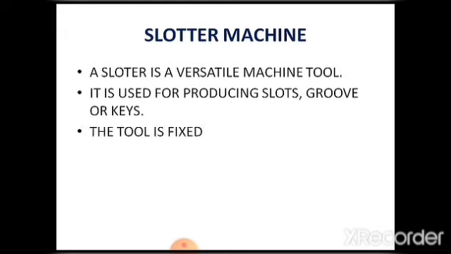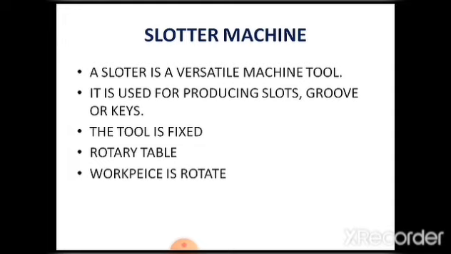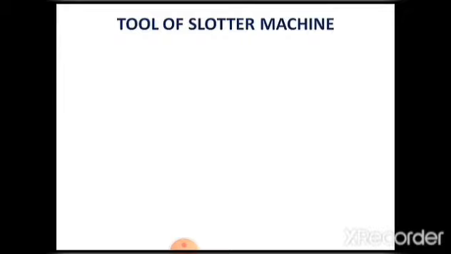ठीक है, इसमें क्या होता है? जो आपका टूल होता है वो टूल पोस्ट पर फिक्स्ड होता है। ठीक है, और टेबल जो होता है उसका रोटेटरी होता है, यानी कि आप उसको लेफ्ट टू राइट और राइट टू लेफ्ट अपने एक्सिस पर घुमा सकते हैं। और जो इसमें वर्क पीस होता है वो रोटेटरी टेबल के ऊपर लगा हुआ होता है, वो भी आपका क्या हो सकता है? लेफ्ट टू राइट और राइट टू लेफ्ट आपका घूम सकता है।